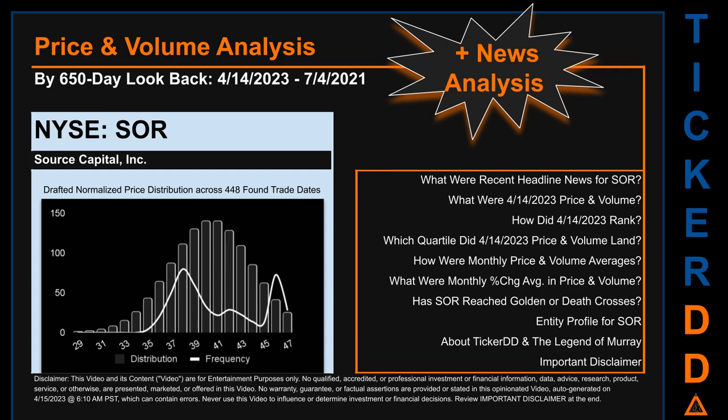The chart shown on this page is our initial attempt at studying the price for SOR after dynamically normalizing price distribution across those discovered trade dates. The bar chart is the generated distribution and the overlaid line graph, if it is generated, is the frequency of the prices on the x-axis. We will enhance this look-through as our AI model progresses in the next iteration. Remember that this is just a drafted, in progress, observational model to best fit abstracted third-party data into various opinionated views. Before we jump into price and volume analysis, let's look at recent headlines for SOR.